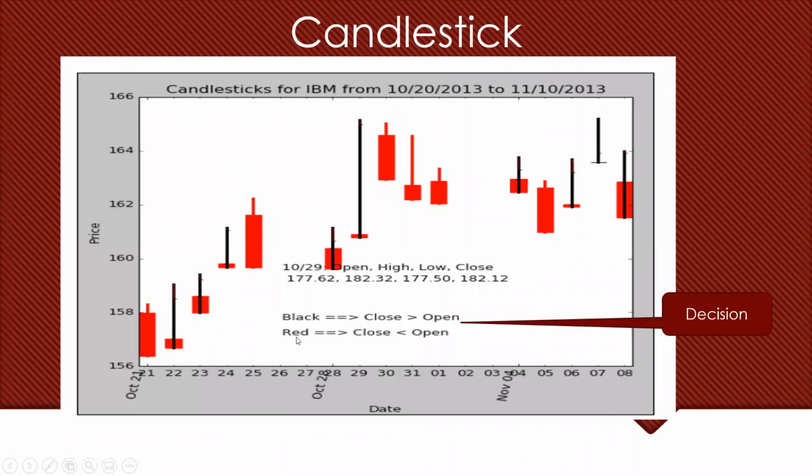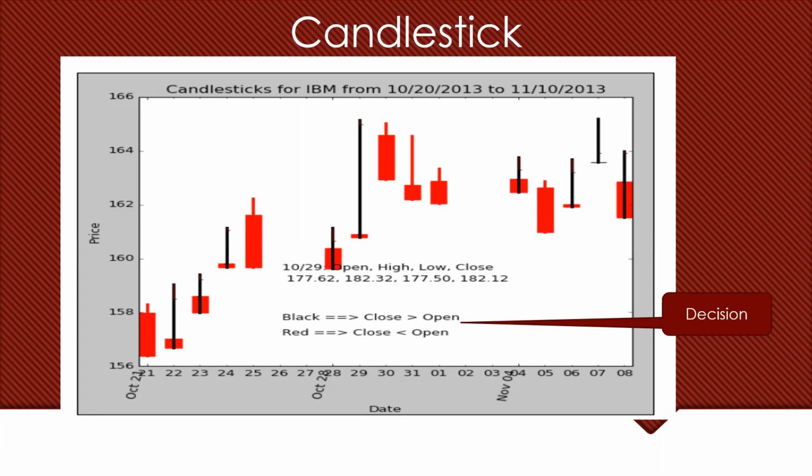Then coming to this one, you must know this first: how we can take the decision based upon the candlestick theory. That is important. This is a very old example, but even now it is the same thing. The format has not changed. You can see that in a candlestick in Python, there will be black and red color.